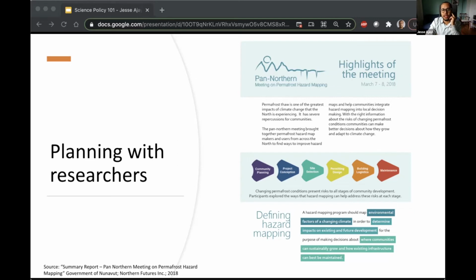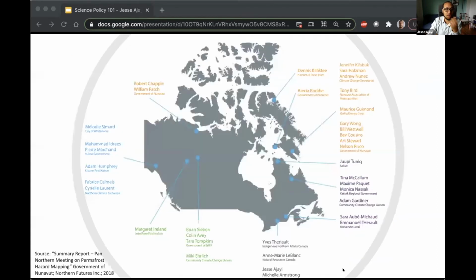So in 2018, I facilitated this workshop with permafrost researchers from across Canada, and we intentionally brought together policymakers and developers into the room. And so we had this cauldron of all of the people who try to influence each other and try to receive information from each other in the room, and see if we could answer the question, how might we better organize ourselves and organize research to have it infuse decision making. And so I'll just pull a couple of things from that. So I pulled folks from across Canada. So you'll see we touched on just about every region. Some of these names might be familiar to you if you're permafrost researchers.